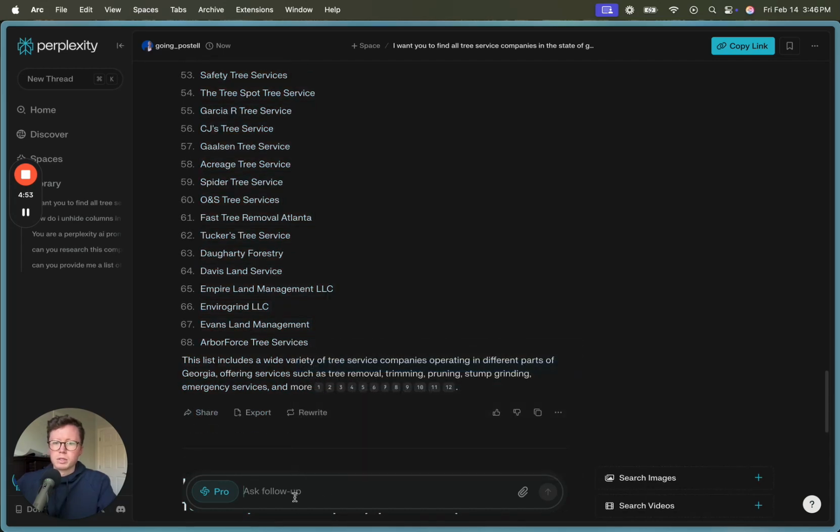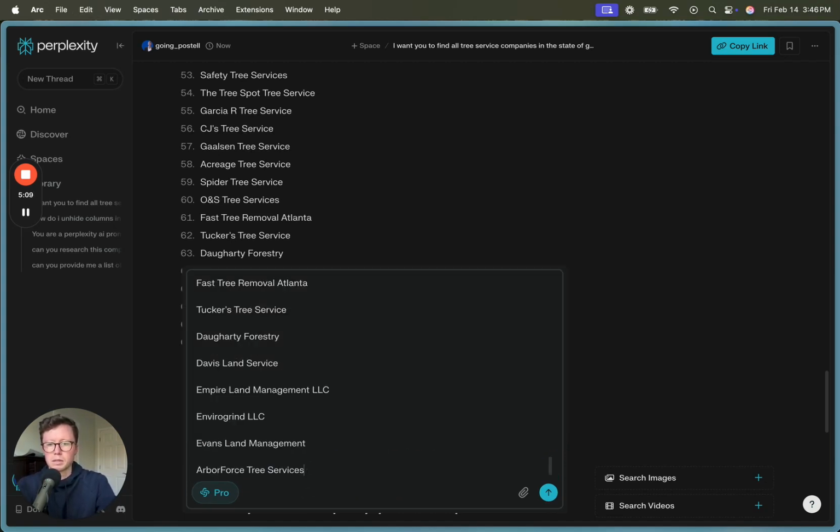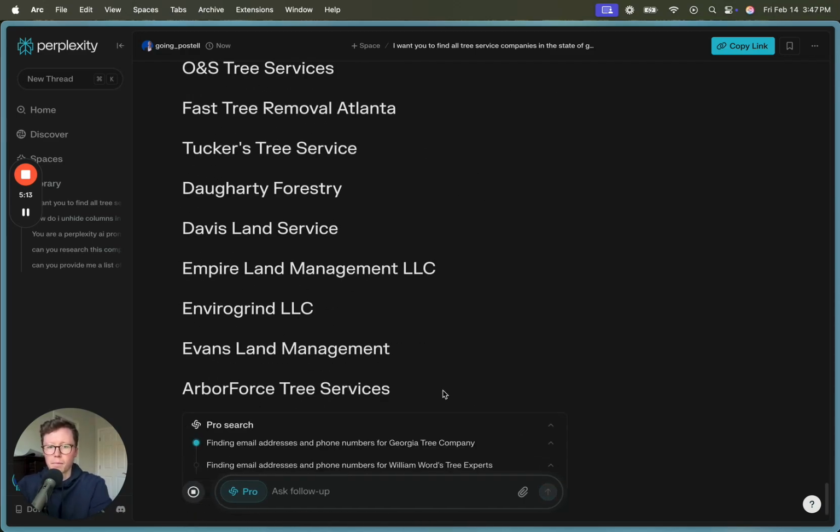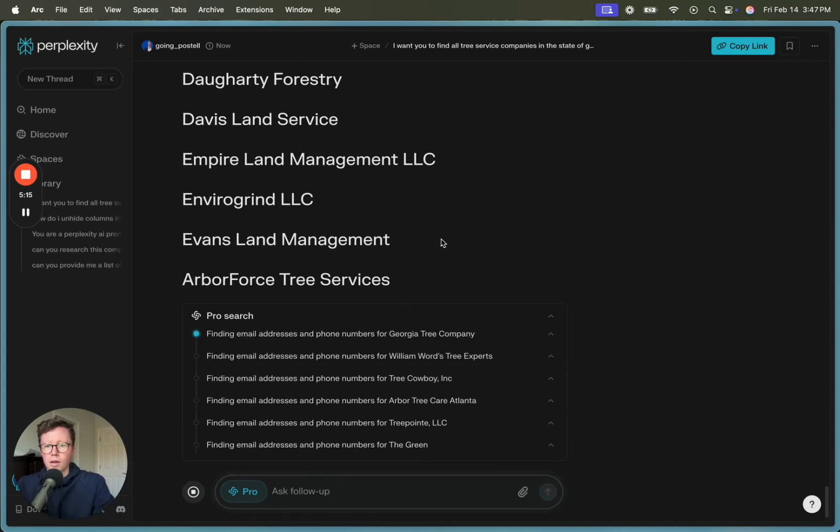AI needs some coaxing, so here we go. Find all emails and phone numbers for these companies. And then we're going to paste. And it's going to find it for us.